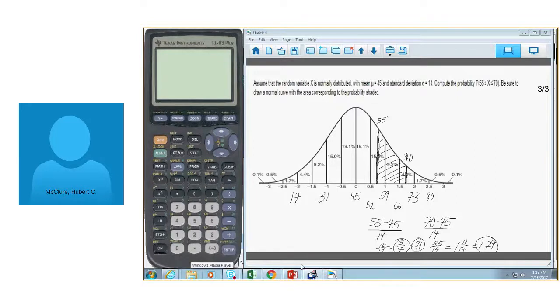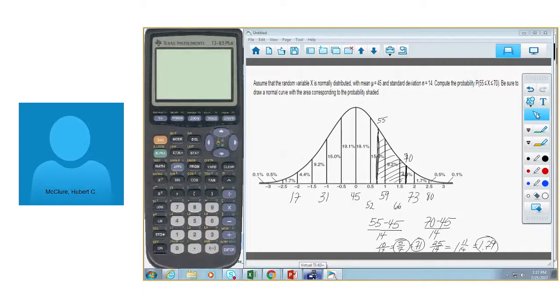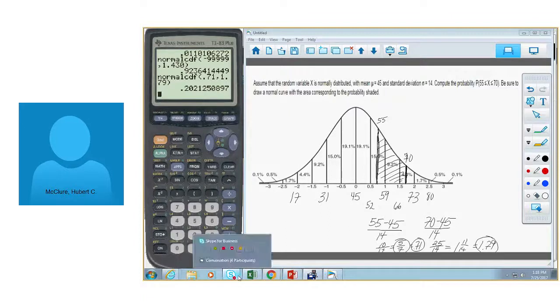Hold on, I have to turn this on. Second bars and CDF, and go from negative 0.71 comma 1.79. That gives 0.2021. Go back. Now before we do that one,